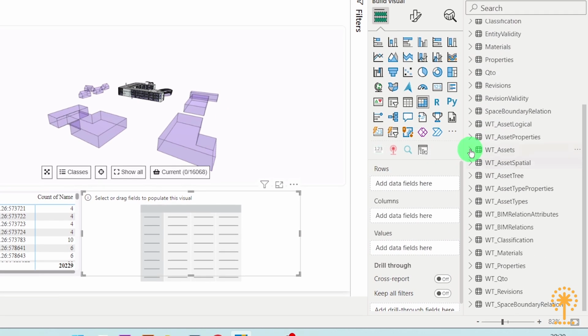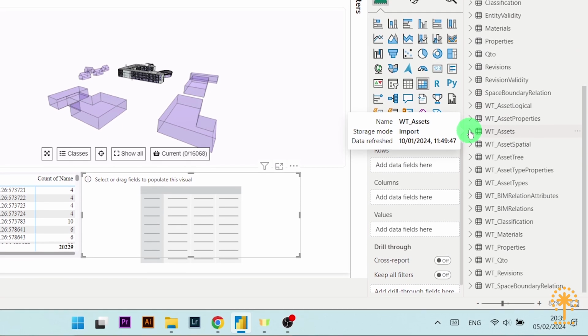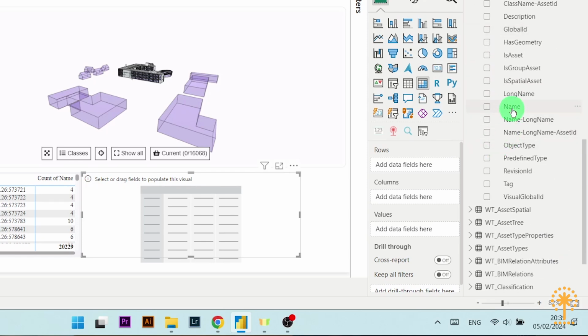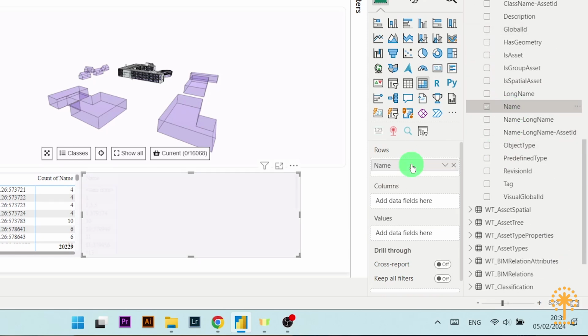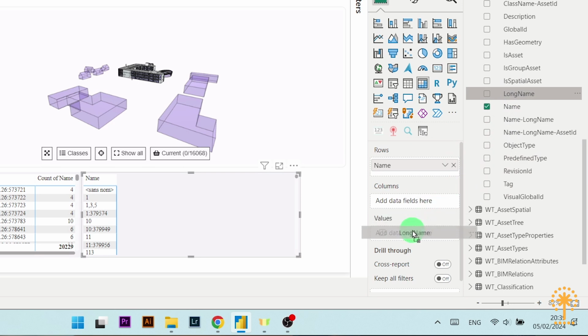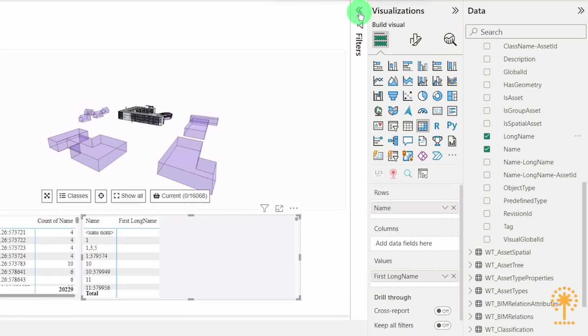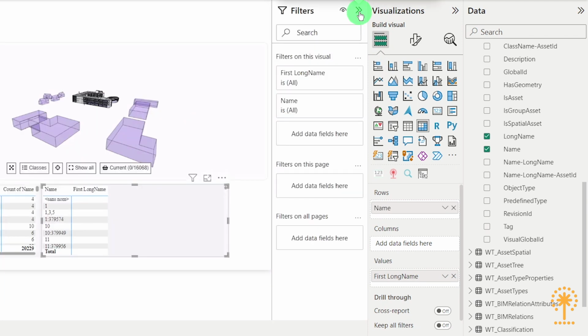Under the data pane, scroll to WT assets and drop down the menu by clicking on it. Then we're going to drag and drop name to the rows column, and then drag and drop long name under values. Now if we pop out the filters here by clicking on these arrows, then we can filter the visual